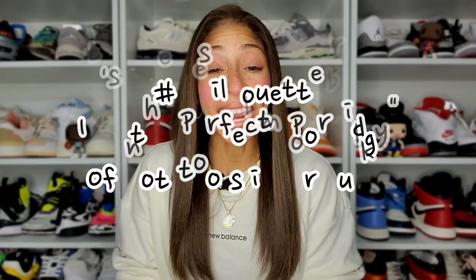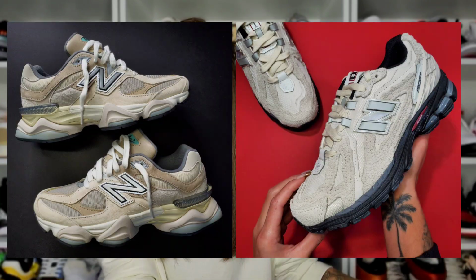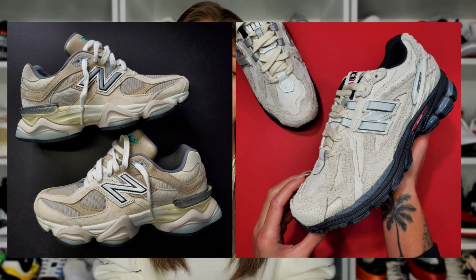Silhouette, it's right in the middle of a 2002R and a 9060. So some people don't want to go as thick or as big or as chunky as a 9060. 100% respect that. The 2002R, I think, is a really nice segue. It really breaks you into more of a lifestyle model that can have a little bit of size to it. It definitely won't be as sleek as some other things on the market, but if you don't want to make the jump to a 9060,